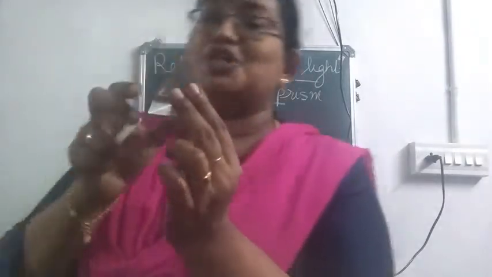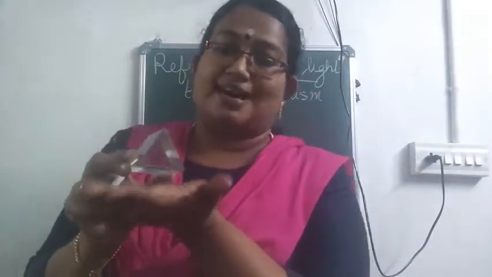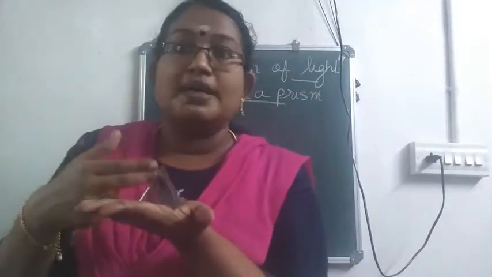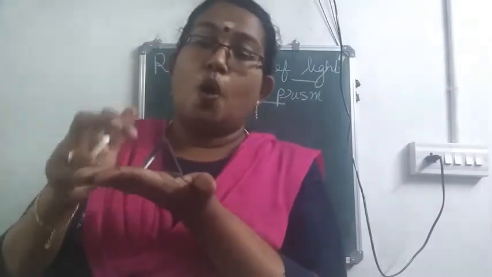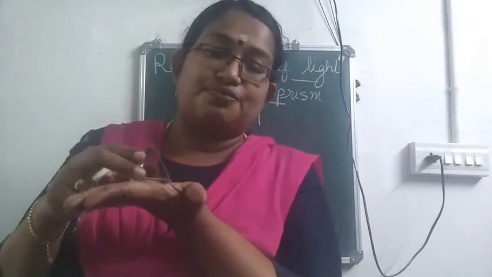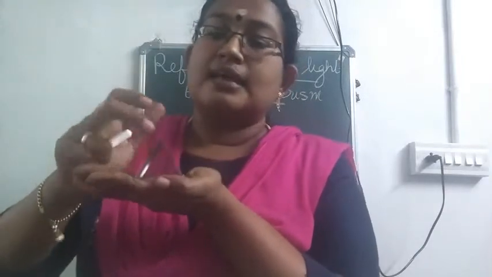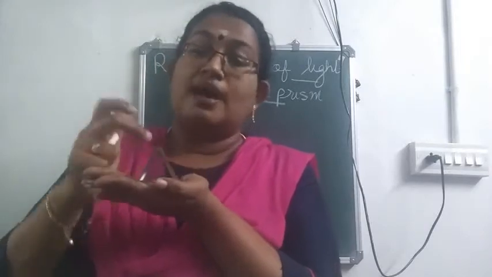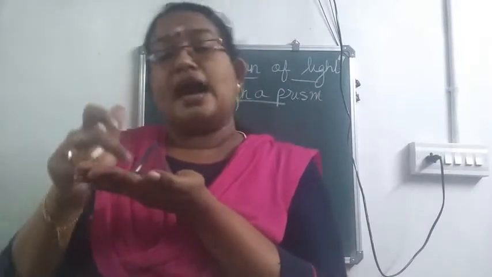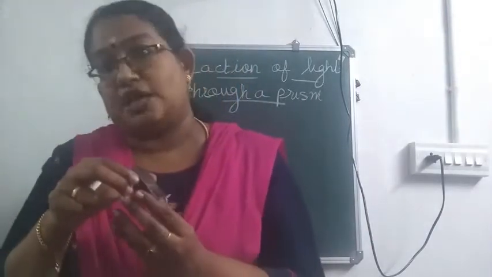And do you know what is the speciality of this? This can also be called as a triangular glass prism. And already I told you it has 5 surfaces. In that, 2 opposite faces or surfaces are triangle in shape. Can you see this? So this and the just opposite to that. So we are having 2 triangular faces. Then the other 2 faces as well as the base is rectangle in shape.